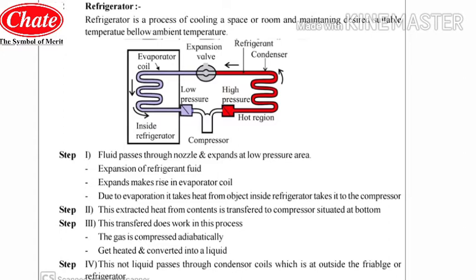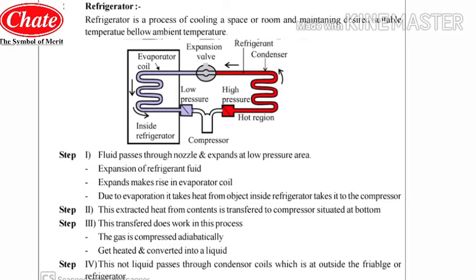I will explain one more time. So students, as you can see, the compressor will compress the refrigerant toward the hot region. Then this hot region will take the heat from the room or from the space from where we have to collect the heat, and that heat will further pass through the condenser coil, as you can see. And in this condenser coil there will be condensation of that refrigerant, of that liquid that we have taken, and that condensed liquid will further move toward the expansion valve.